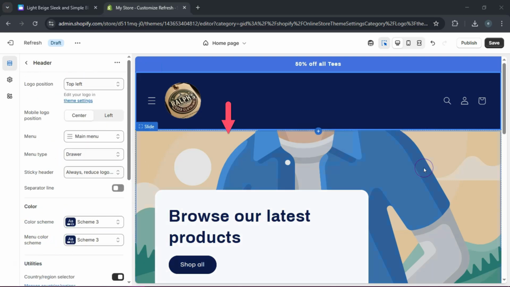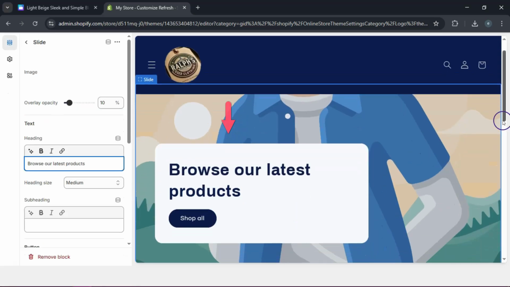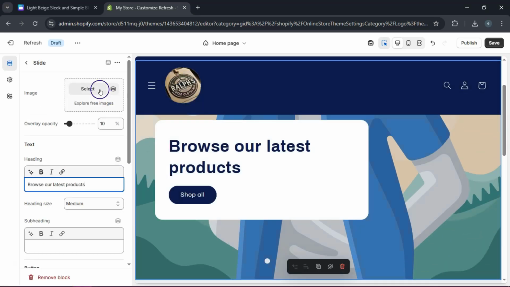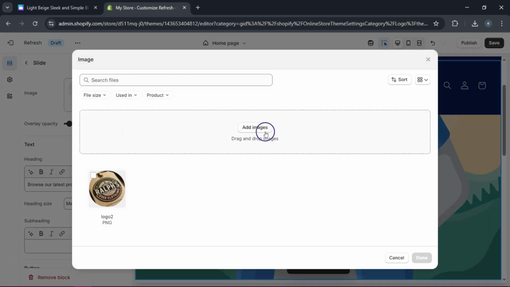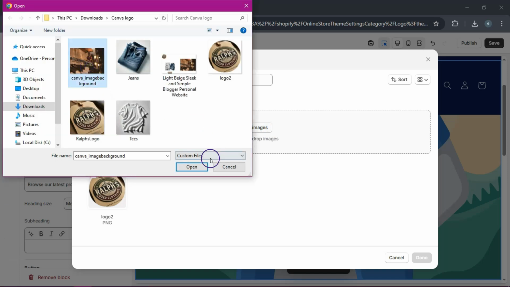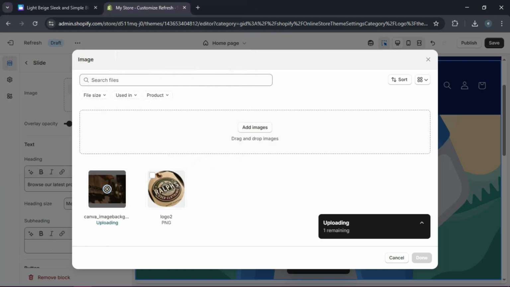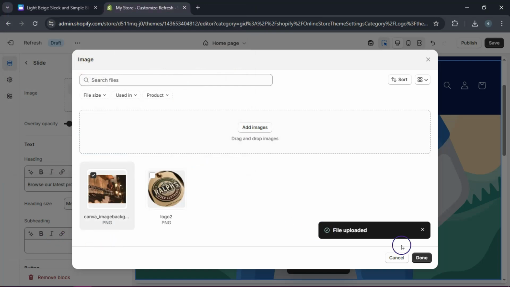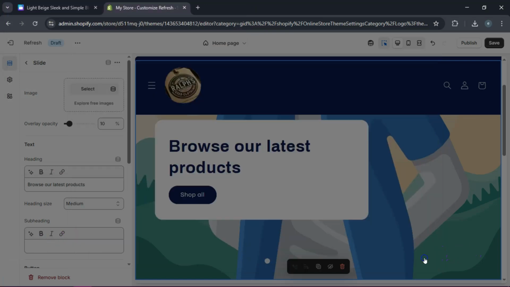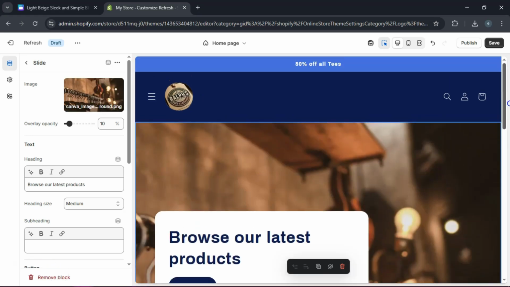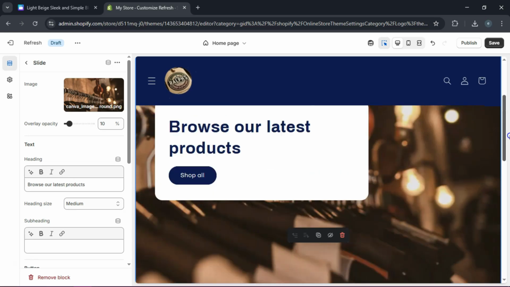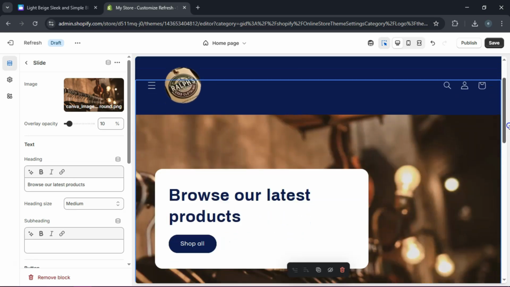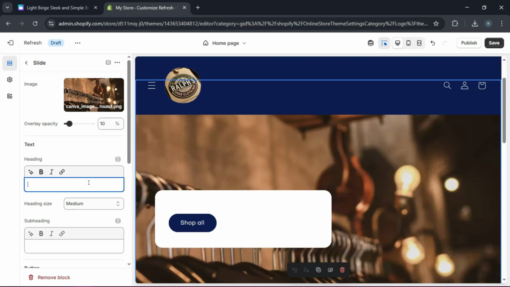All right, let's move now to our slide section or hero section. And let's see if we can get our image. Add images. Let's use this one. Open. Great. And we'll click done. And there's our image. Nice. Okay, let's change this heading to what we had in Canva. It was